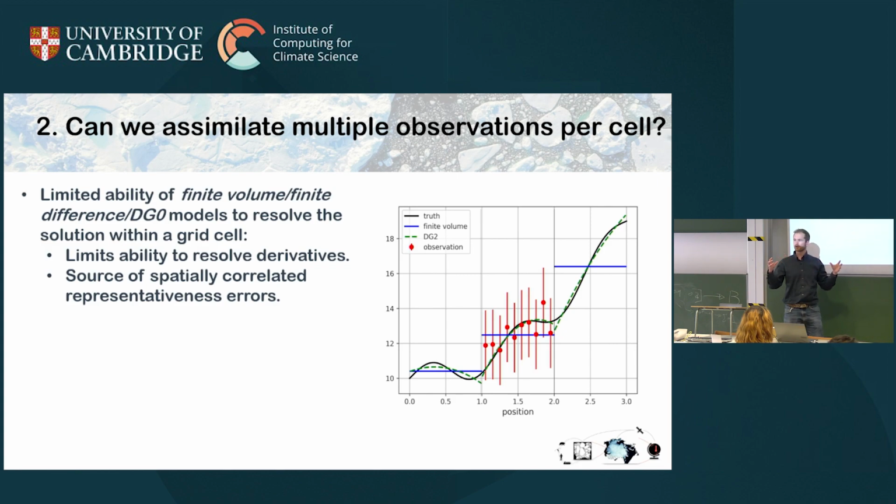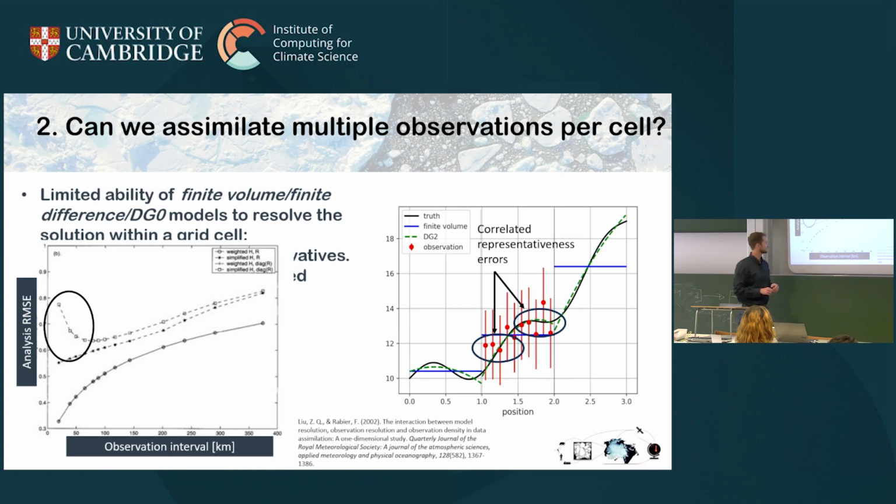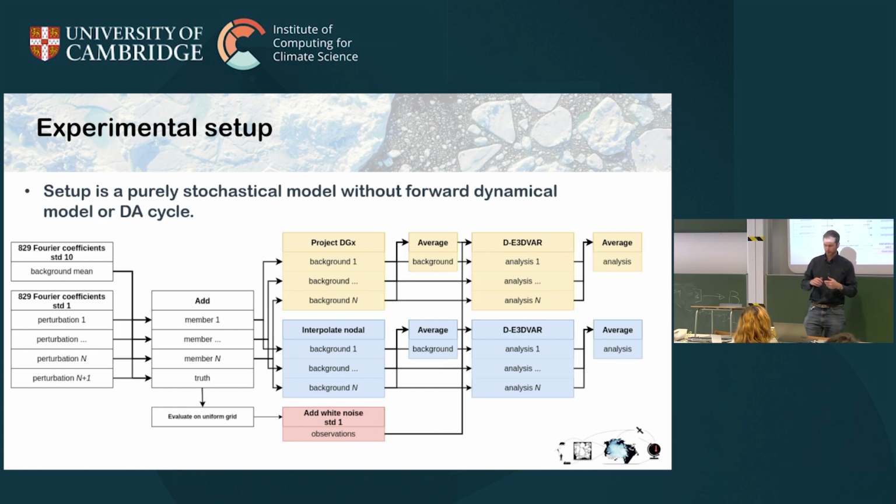In other words, we now got correlation between the errors in the observations, and this is problematic because previous work has shown that as you decrease the distance between the observations and assimilate more observations, then initially the root mean squared error after data assimilation goes down. But if the observations are spaced very close together and you don't take this correlation into account, they go up again. So we wanted to see whether the DG structure can address this as well, and to test this we used an idealized stochastic model,